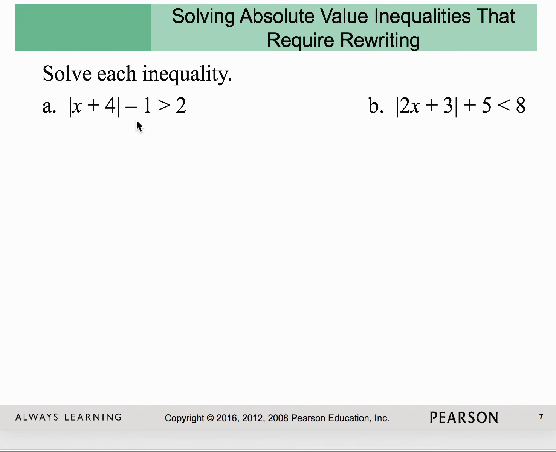Okay, got to be isolated. So absolute value of x plus 4, it's,